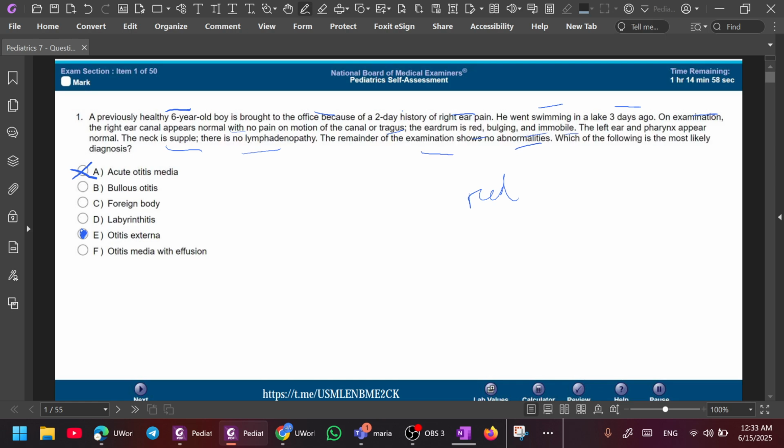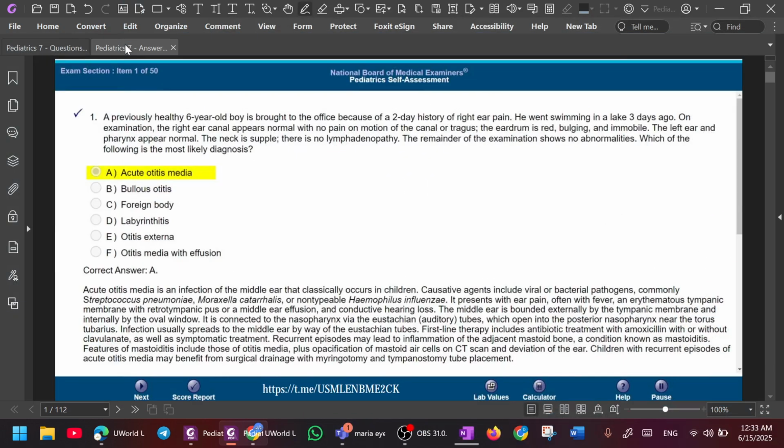Recurrent episodes may lead to inflammation of the adjacent mastoid bone, a condition known as mastoiditis. Features of mastoiditis include those of otitis media plus opacification of the mastoid air cells on CT scan and deviation of the ear. Children with recurrent episodes of otitis media may benefit from surgical drainage with myringotomy and tympanostomy tube